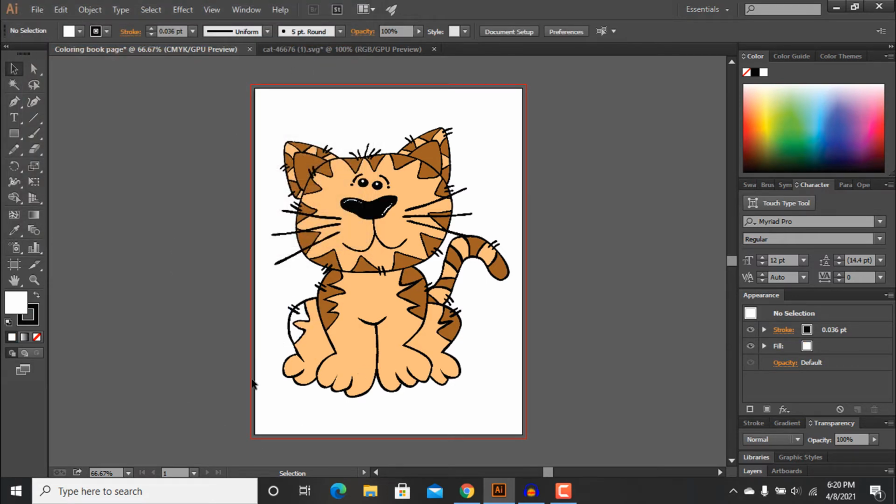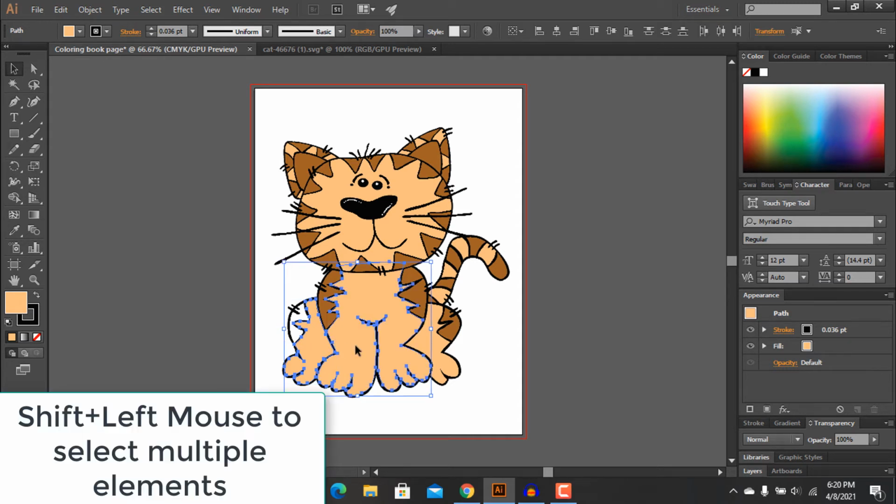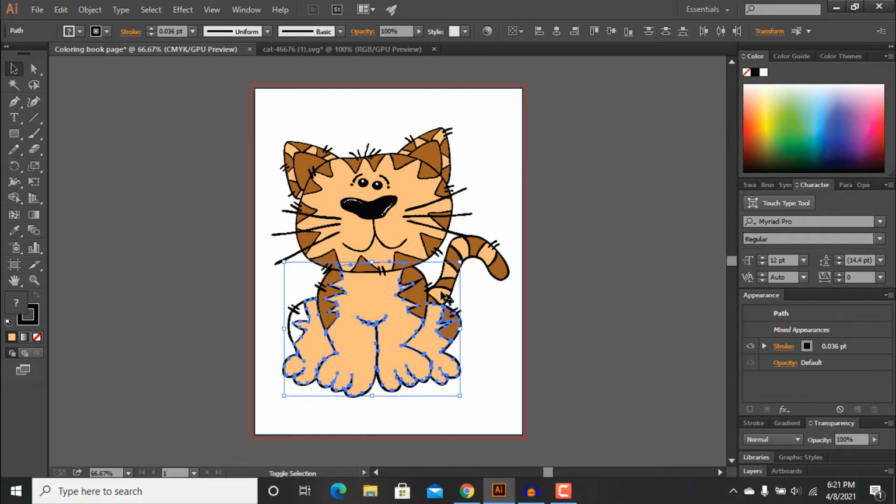So friend, now we are going to select all other elements. Just click this fill here and all of the elements are selected. Now hit Shift on your keyboard and keep on selecting all the elements. Shift and select all the elements. As you can see, all of the elements are selected.